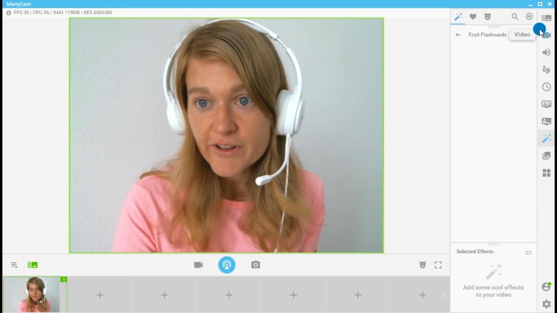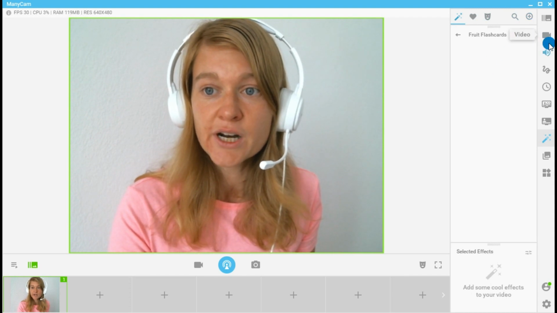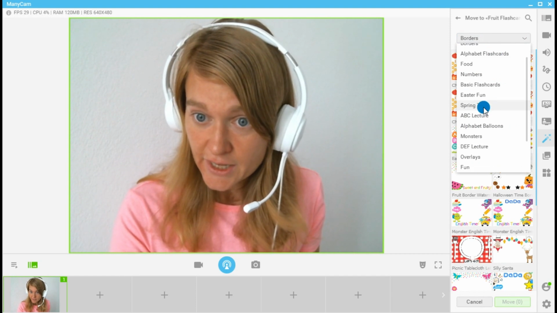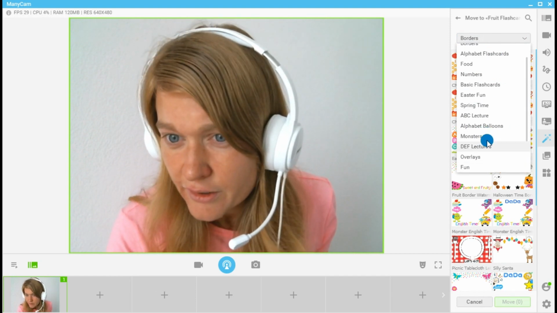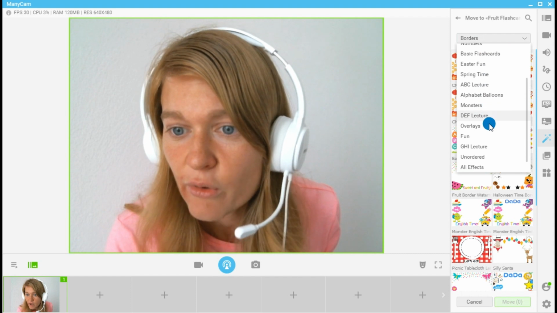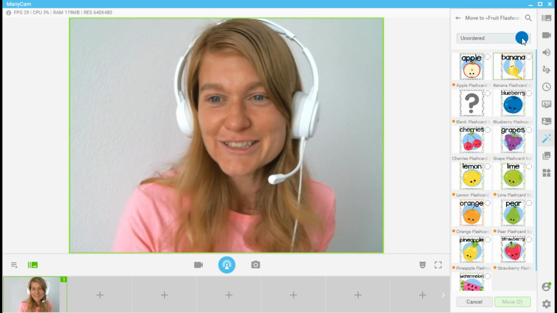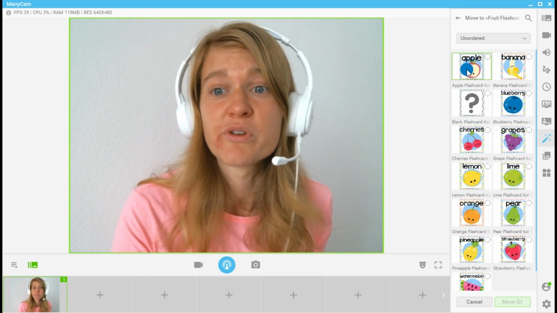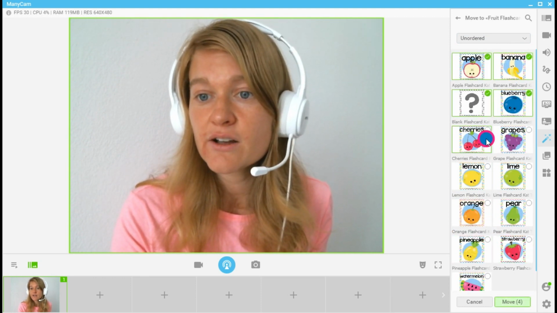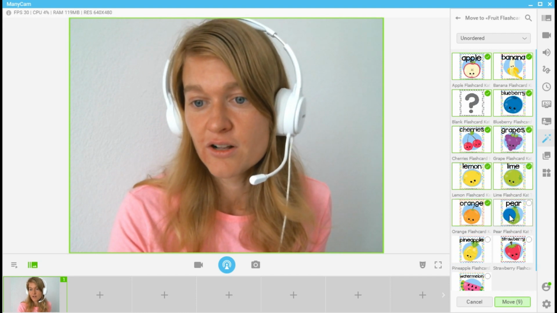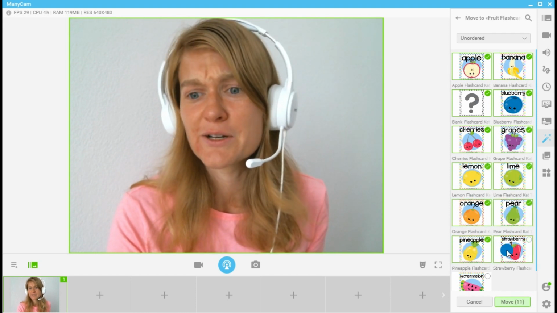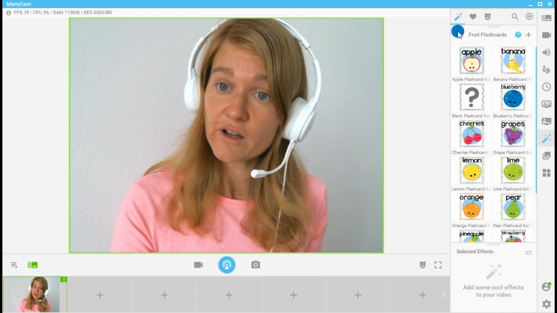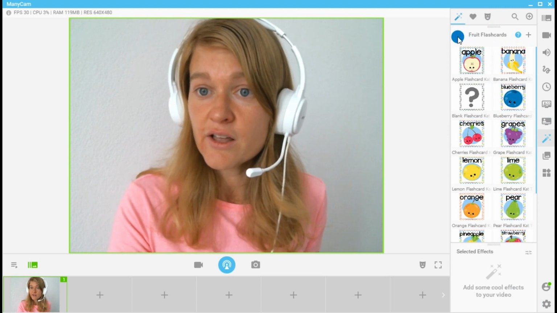And now that we've got the fruit flashcards, we're going to open up that folder, add the plus button here, and go and find the unordered. Can I not spell? How do you spell unordered? Oh, keep scrolling. There we go. So we've got all the unordered here, and this should just contain all of the ones that you just opened from the zip file. So we're going to click all of these. I wish there was a control all, but there is not. This was hard when I did all my alphabet flashcards. That took forever. So we're going to move all 13 over to the fruit flashcards file,